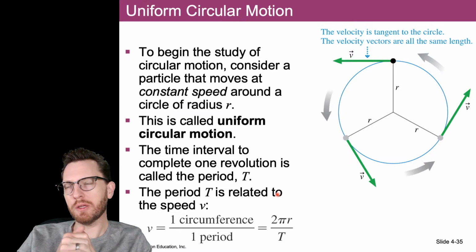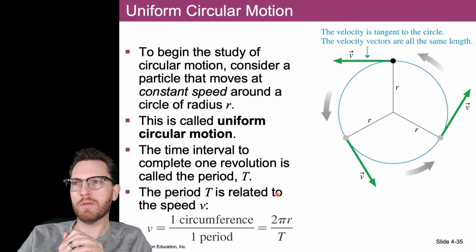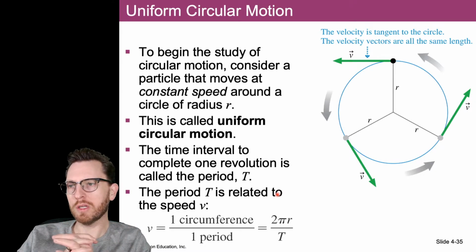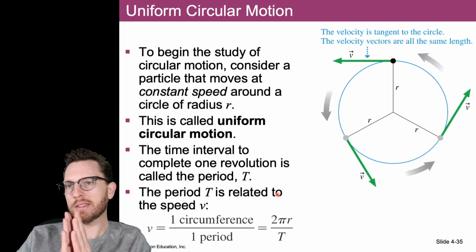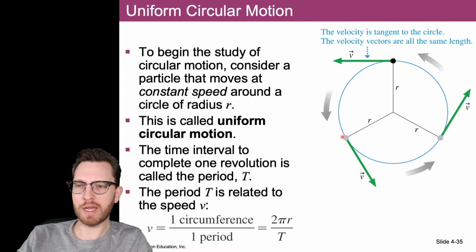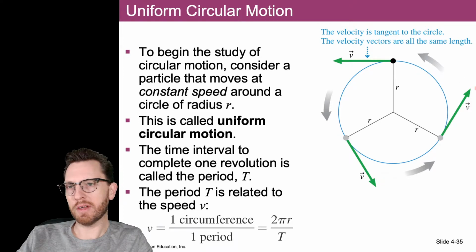Let's focus on a particular type of circular motion, uniform circular motion. What do we mean by uniform circular motion? Well, in addition to being in circular motion, it's also going to have a constant speed. The object is moving in a circular path with a fixed speed as it makes its way around the circle. So it's not speeding up or slowing down, it's just maintaining a fixed speed. At any point, if I draw the velocity vector, the velocity vectors have the same size, and they circulate